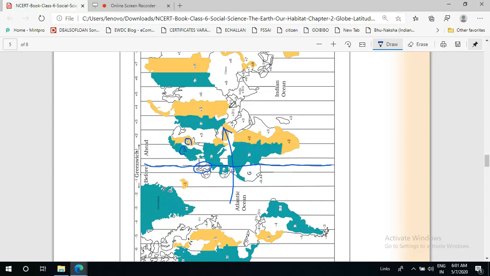I am explaining all these things. What is this 1, 2, 3, 4, and what is this +1, +2? So on the western side of the 0 degree meridian, we find that it is written, you can see here, -1, isn't it? Then -1, -2 is written.